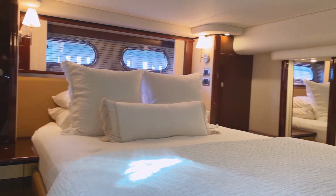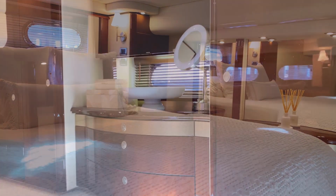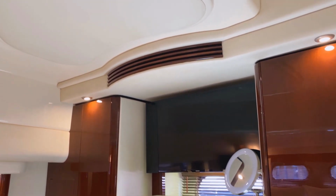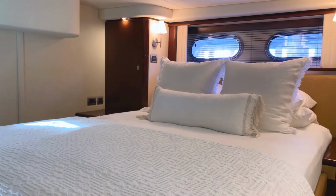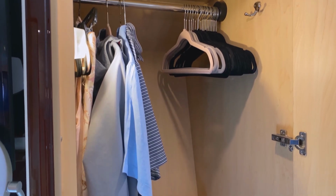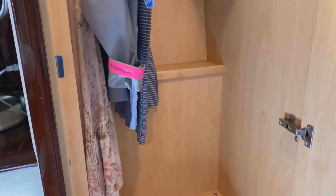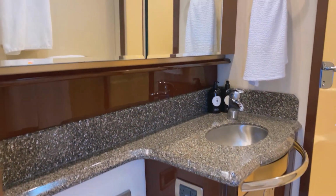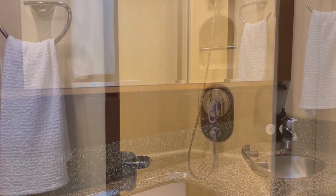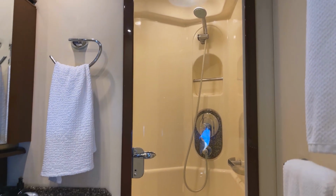Welcome to the owner's suite on this 58 Sea Ray Sedan Bridge. This is a full beam stateroom, high gloss cherry interior. We go to the entertainment system on the boat. We've got a Samsung TV, Bose 321 surround sound with a subwoofer under the owner's suite bed, 2 pull-out closets, full height headroom. As we get into the owner's suite head, full Lexan glass door with a full stand-up shower,